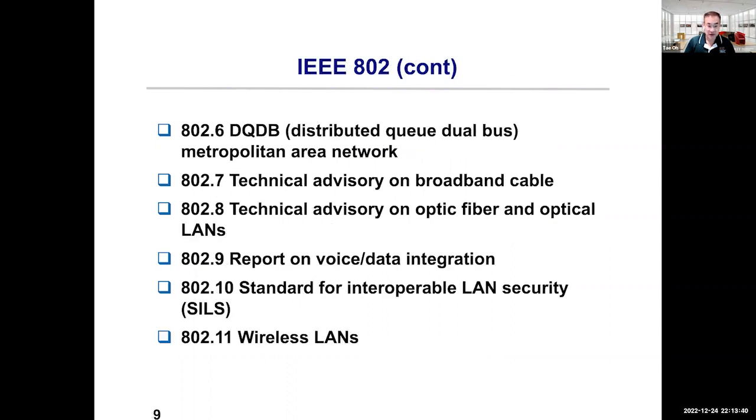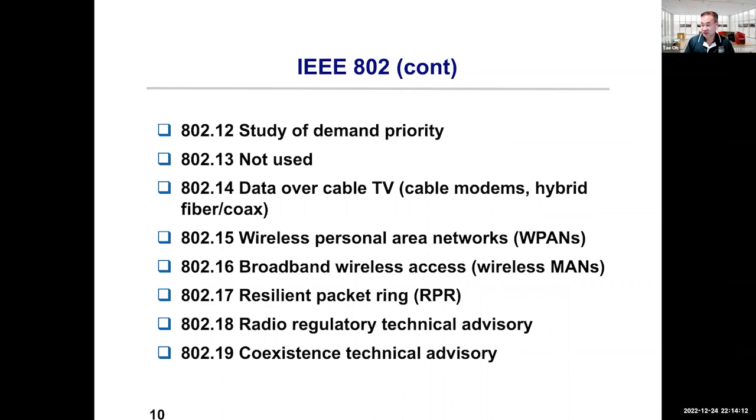And 802.6, there are a lot of extensions. I'm not going to go into every one of these, and you should be able to find and look through those different extensions. 802.7 is the broadband cable technical advisory group. 802.8 is fiber optic local area network. And 802.11, most of you are pretty familiar with, is the wireless access point that you use regularly, probably every day. There are others,